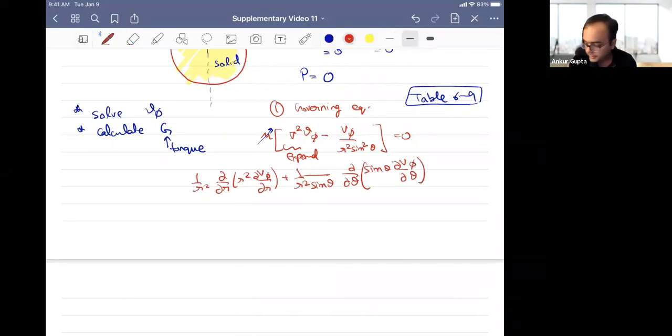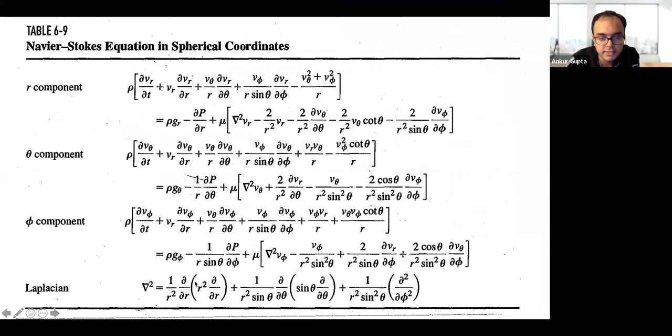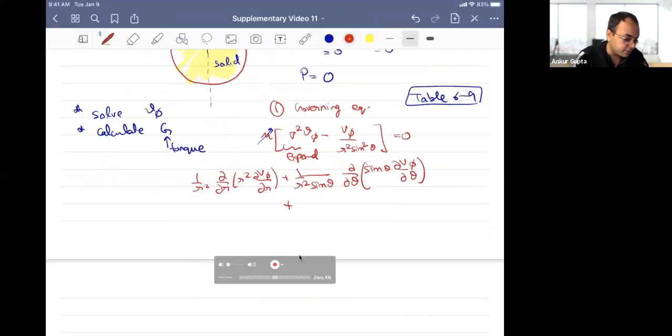Okay. Plus there's a third term. So what I'm doing is I'm expanding the Laplace. So I've taken this term, and the third term is del by del phi. And that's the important part, that this term is also 0. And that's because of the geometry of the system.